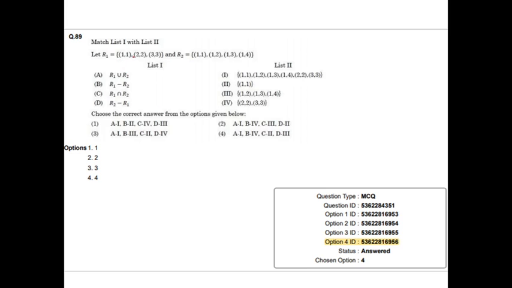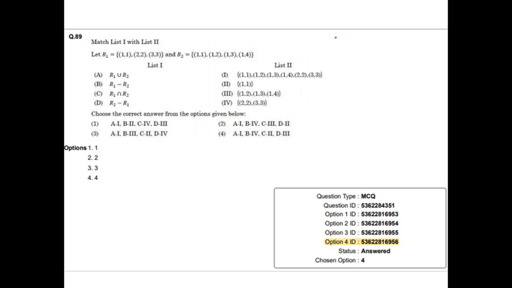Here in this question, we can see that the sets are given as relations. That is, the elements are ordered pairs of elements. Okay. Before starting this problem, let me tell you some basic concepts regarding sets.